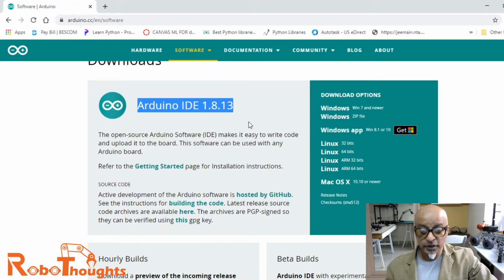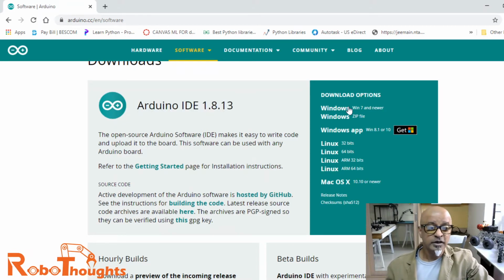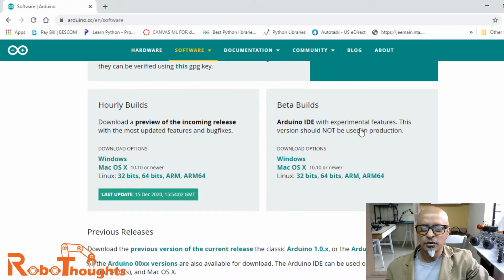If you are using a Windows machine, laptop or desktop, you can go in here. If you are using Windows 8.1 or 10, you can directly download the app by clicking here. It will just plug into your Windows app. And if you are using a Windows version below this, you can download the zip file.